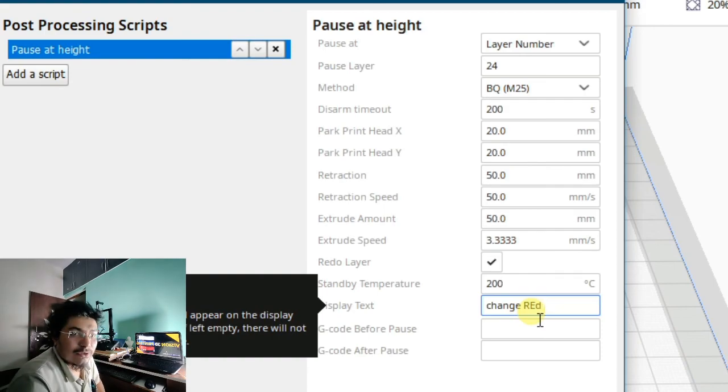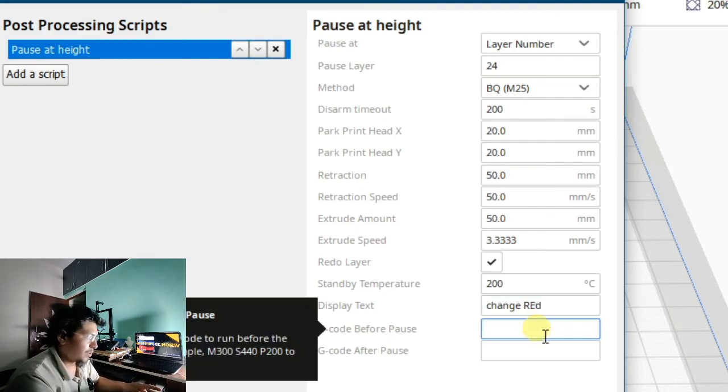This will be displayed on the printer screen. This only works with Jair's firmware, not on the stock firmware of the Ender 3 V2.